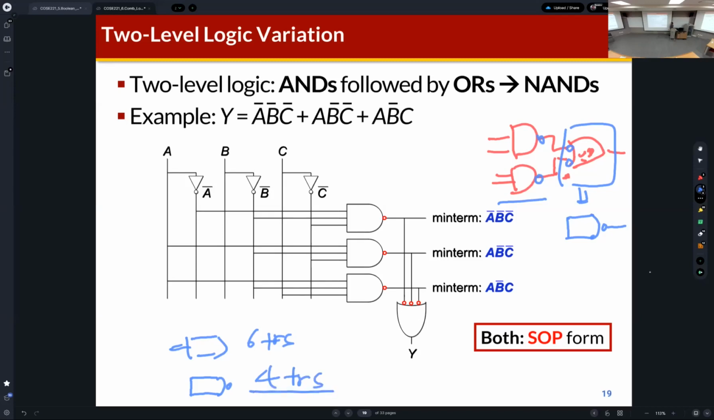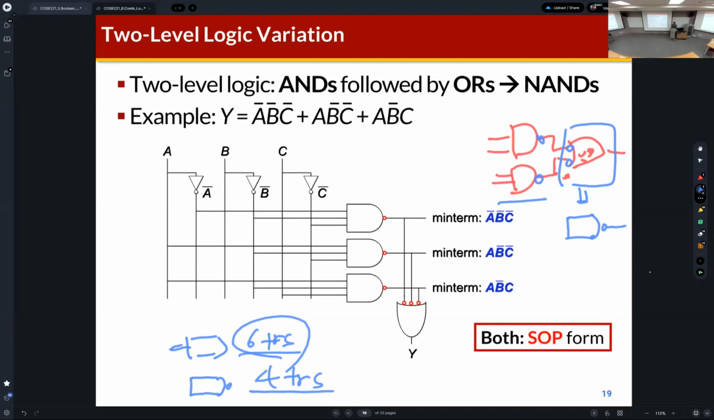So actually, if we use a NAND or NOR gate, then we can reduce the number of transistors required for implementing this logic. Okay? Because we need to implement the AND gate using a NAND gate plus a NOT gate. That's why we require 6 transistors. So we can reduce cost if we implement this SOP form of the Boolean equation using